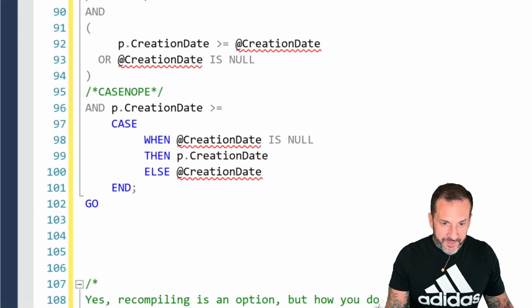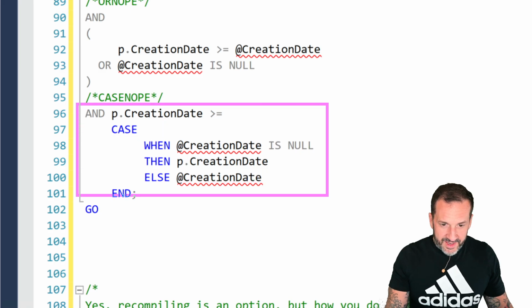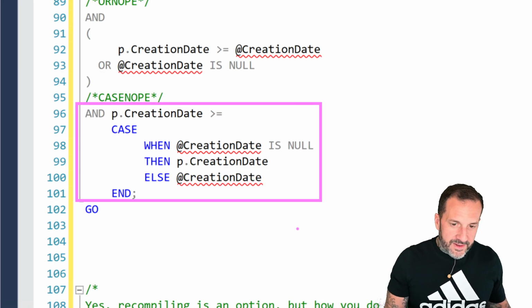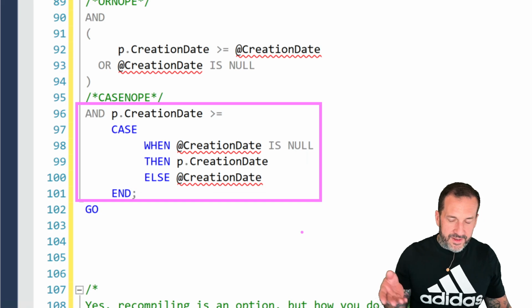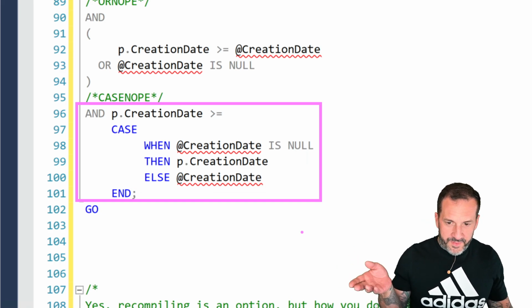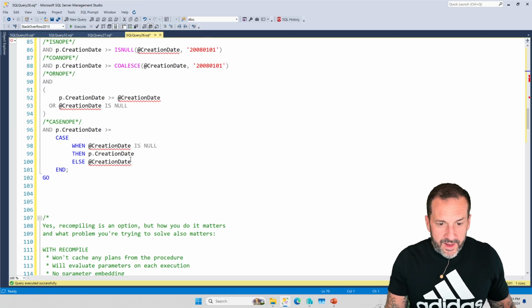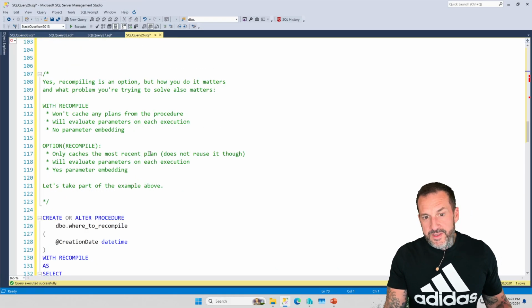And an especially noxious one is using a case expression like this, where the creation date column is greater than or equal to case when creation date is null, then p.creation date, else p.creation date, right? So there's a whole bunch of dumb things you can do in there.